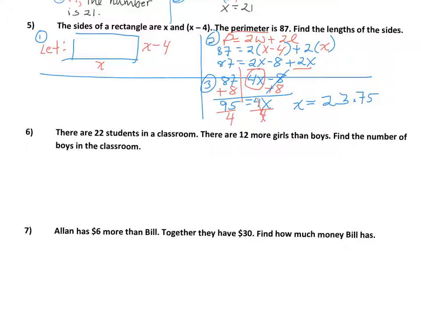So the question says find the lengths of the sides. So this time we've solved for x, and it doesn't quite answer the question. So it's really the purpose of our therefore statement to make sure that we've answered the question. So therefore, answer the question. The length, or the lengths, of the sides of the rectangle